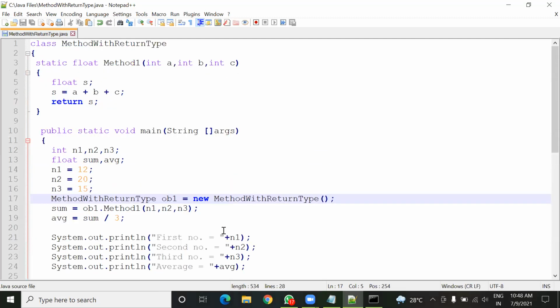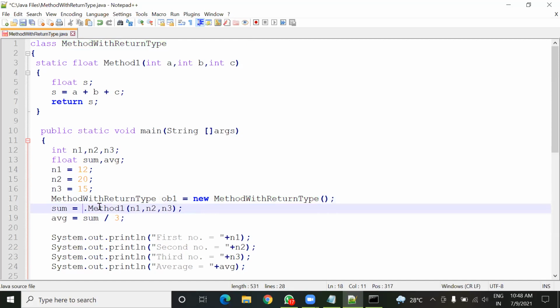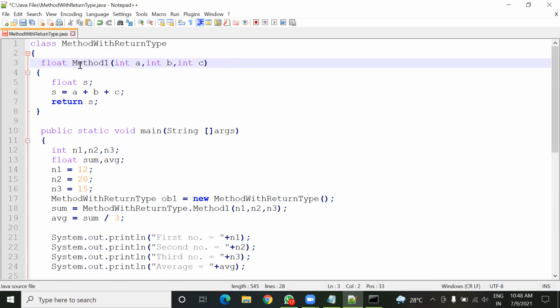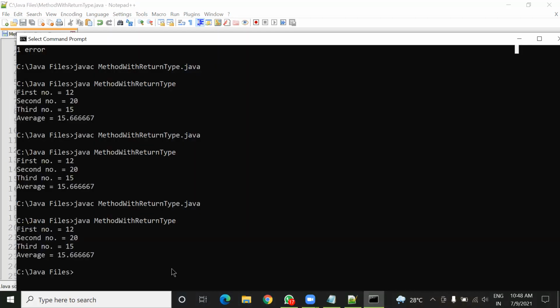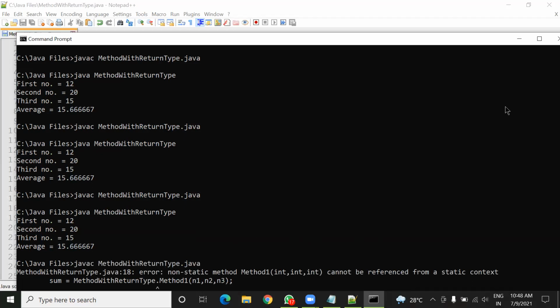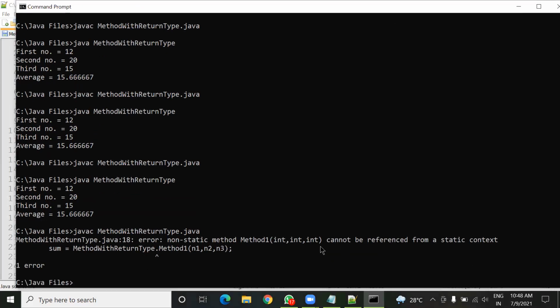But if I put this class name and remove this static keyword from here and again save this program, after compilation you can see the error: non-static cannot be referenced from a static context.